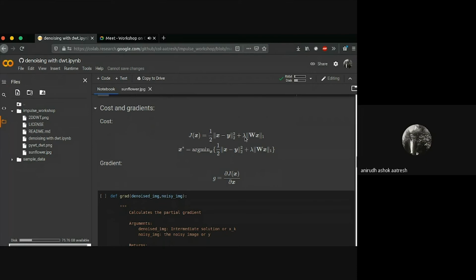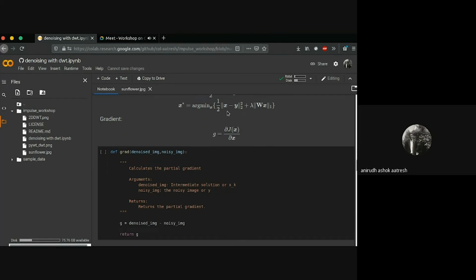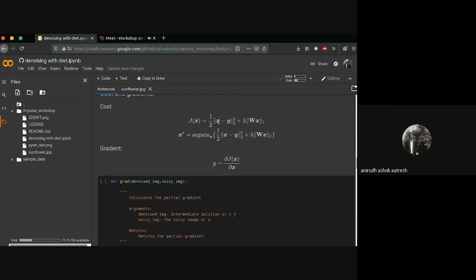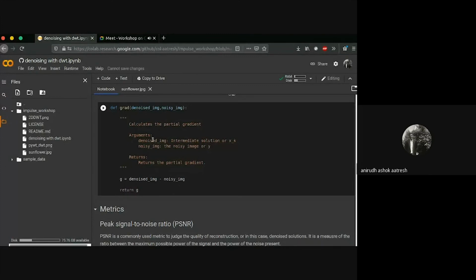If you want the mathematics behind it, please refer to the references that I have included at the end of the presentation, which I'll be sharing right after this workshop. If we differentiate this, we get x minus y, which is basically the intermediate solution minus the noisy image, right? That's what I've done here. This gradient function just accepts the denoised image or the intermediate solution and the noisy image, and you compute the difference.